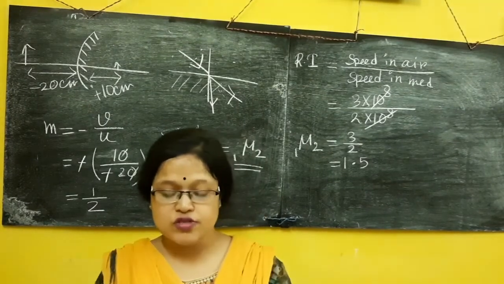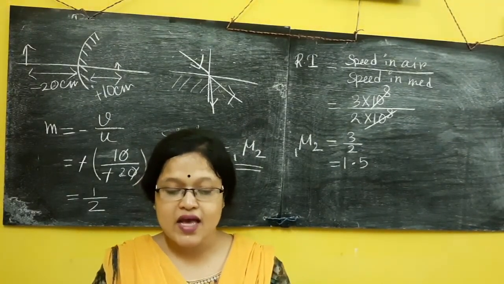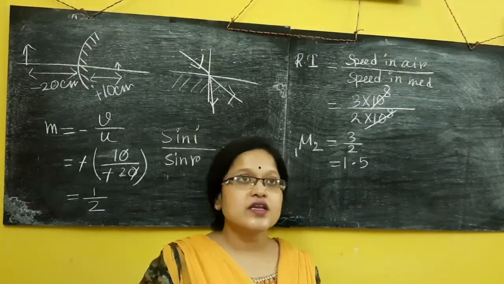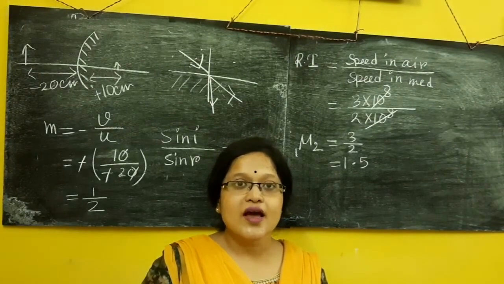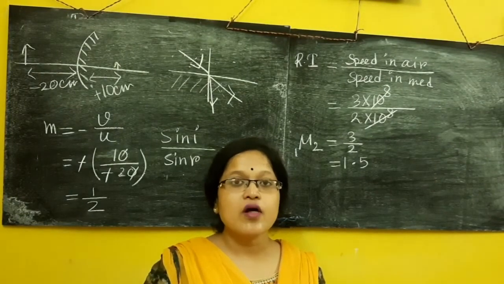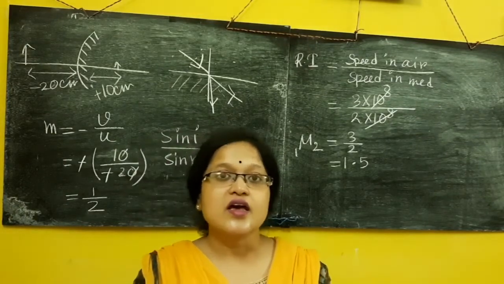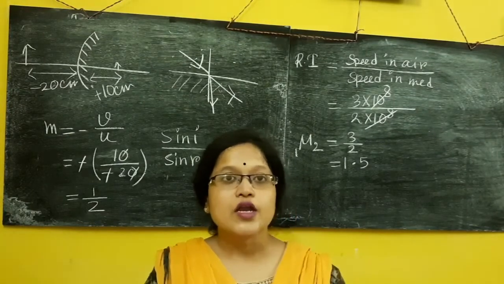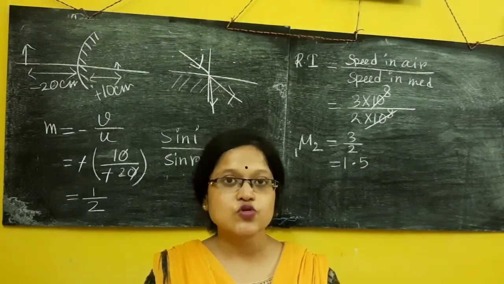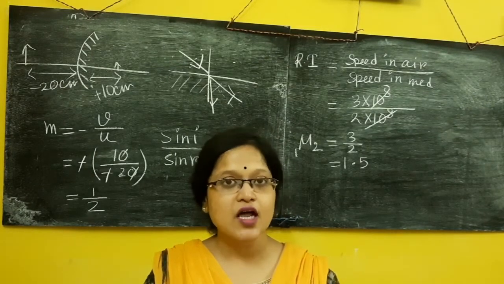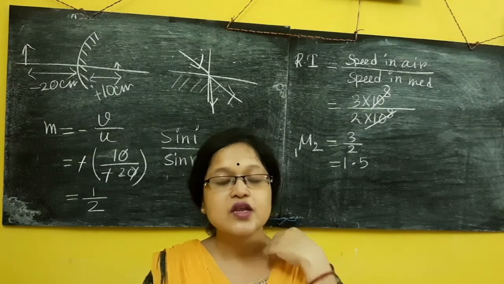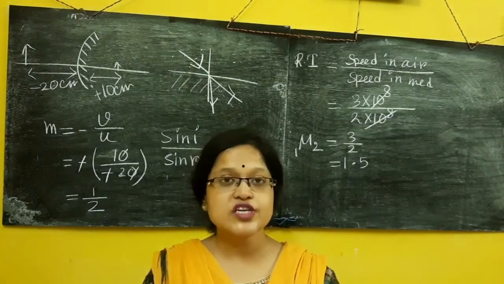Now coming to the next question. Next question is: give a natural example of dispersion of light. You all know that dispersion of light is when a polychromatic light enters a medium, then sometimes it is seen that in that medium there is different velocity of light. Now if there is different velocity of light, so if it is a bunch of white light, it has 7 colors. So 7 colors proceeding in different directions. So what will happen, each individual color, depending on their speed, will deviate differently, will change their path differently.